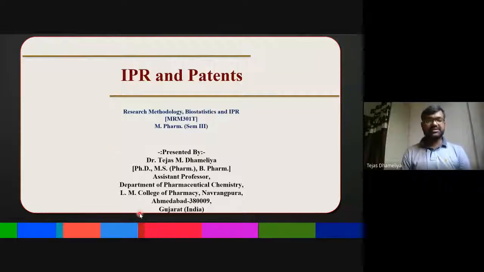Our discussion on this IPR and patents. So till the last lectures we have discussed from these patents and all these things what the IPR patents etc. are. In the last lecture we discussed majorly what is called a patent search, right? So patent search is basically a search for various types of patents.